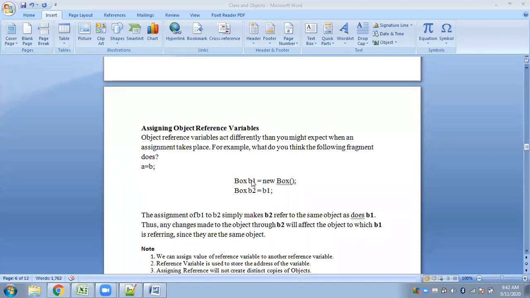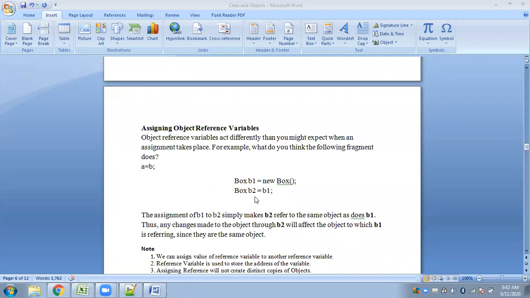But anyways, we will refer to this as an object from now on. Now from the next statement, what do you see? Box B2. So we are declaring another object of Box class with the name B2, and we are assigning the values of B1 to B2.